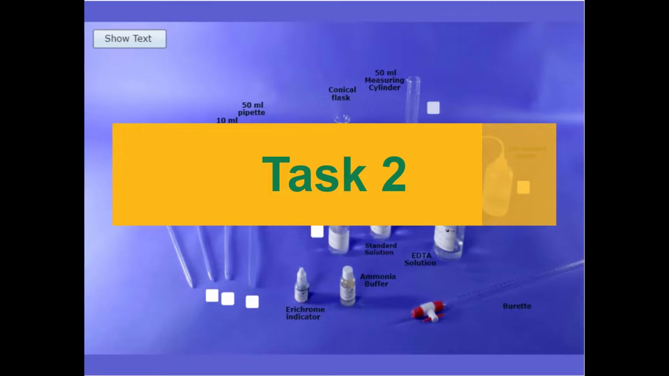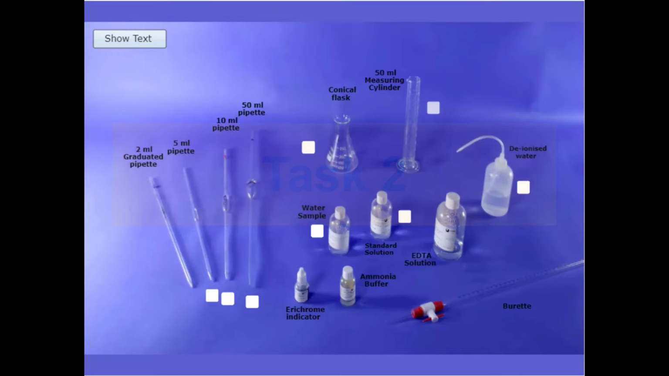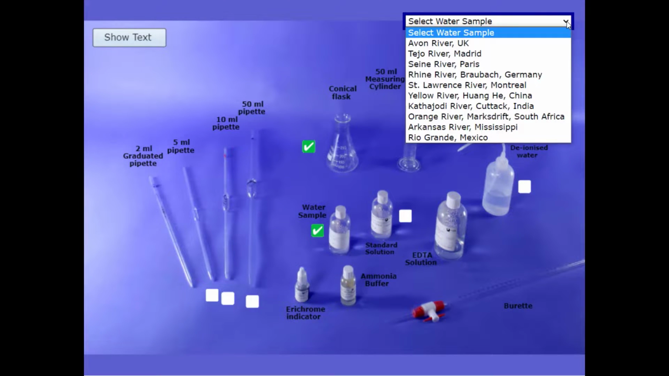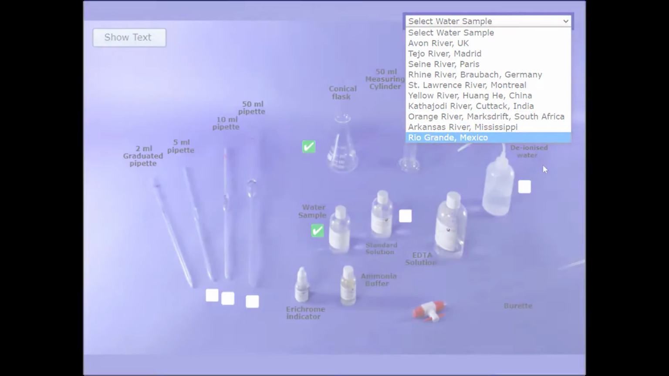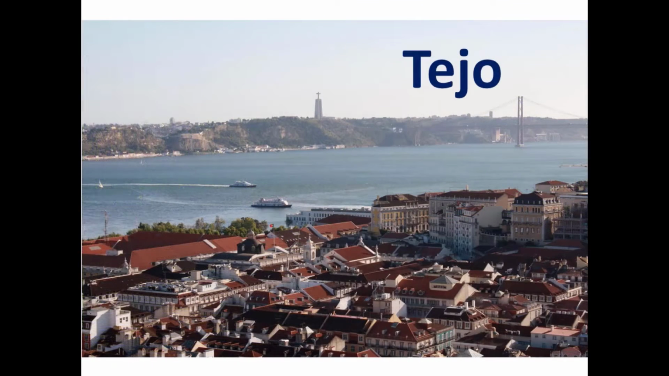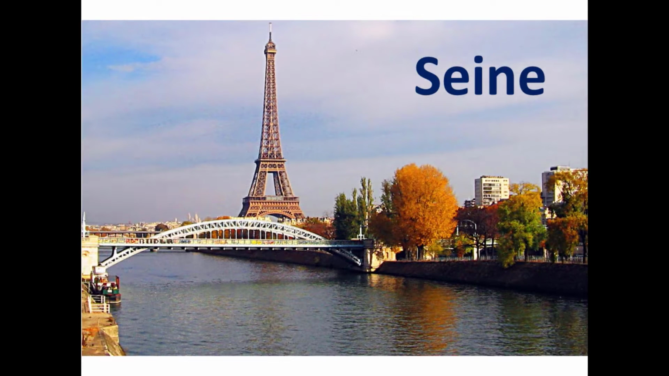Here, you will determine the hardness of a river water sample using a standardized EDTA solution from task 1. You have a choice of river water samples from around the world, including the Avon River in the United Kingdom, the Tejo River in Spain and Portugal, the River Seine in France,